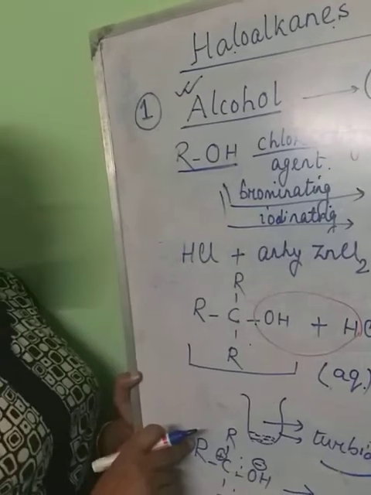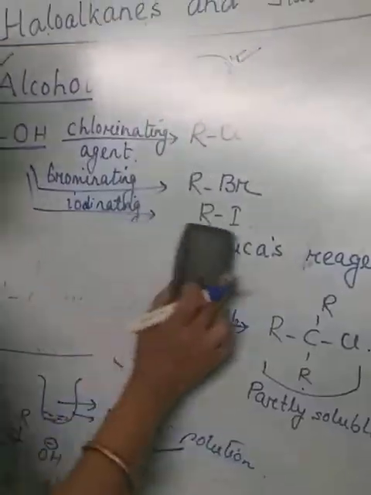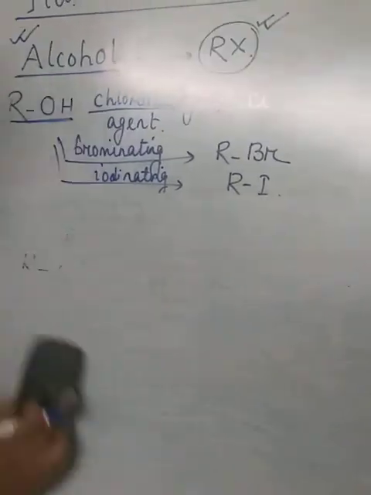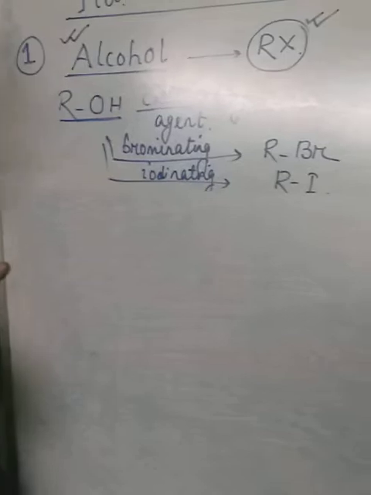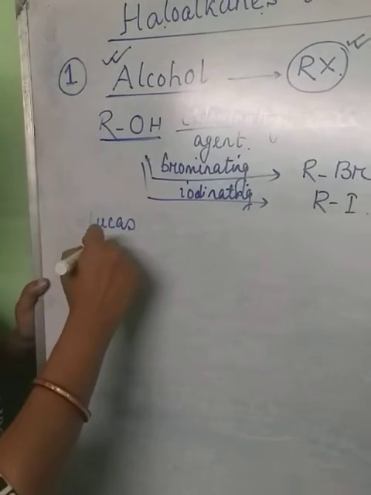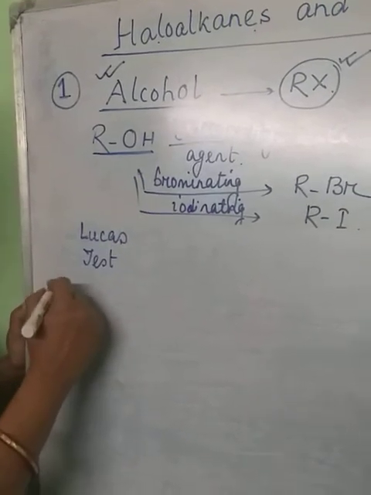That means, in a nutshell, this Lucas test for primary, secondary and tertiary alcohol could be summarized as